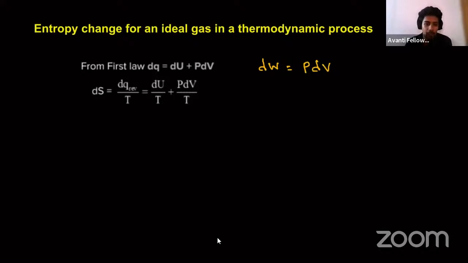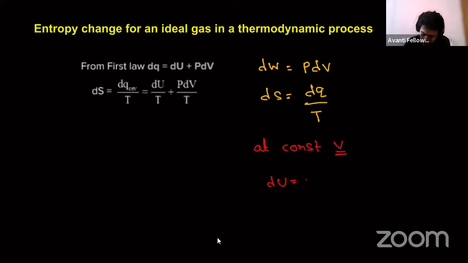Now you know ds is equal to dq by T. We are substituting the dq formula here itself, so that we get du by T plus pdv by T. Now at constant volume,